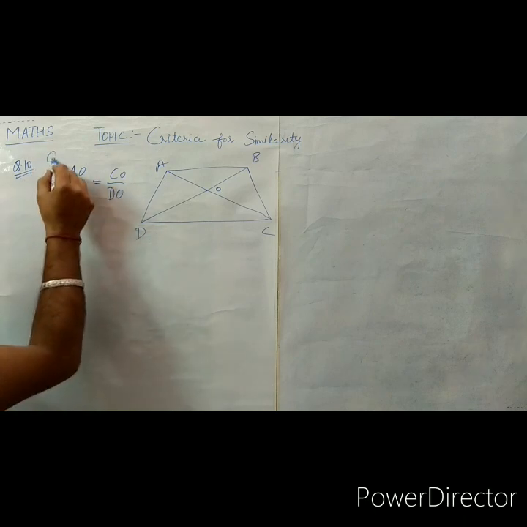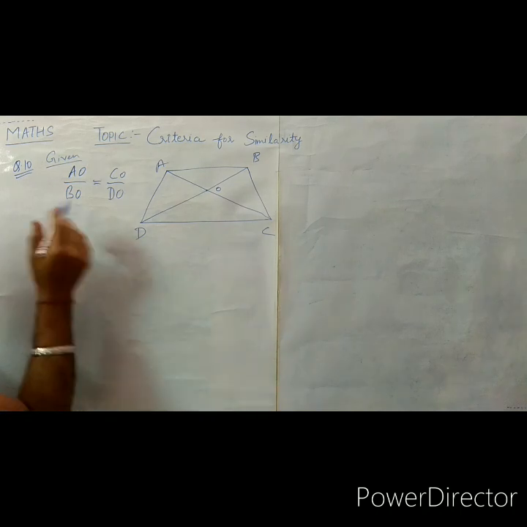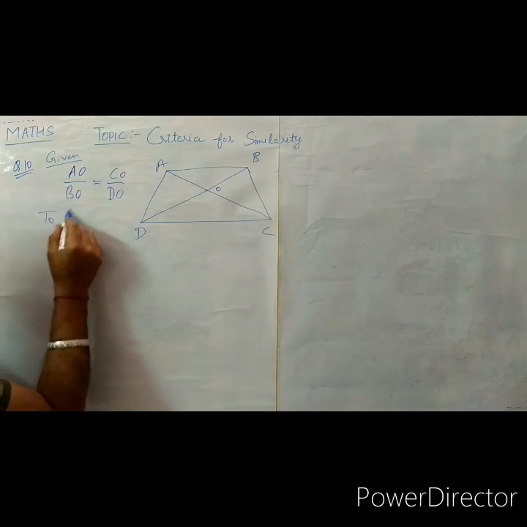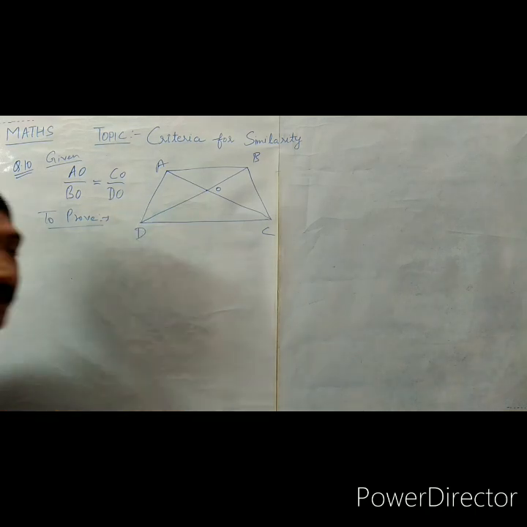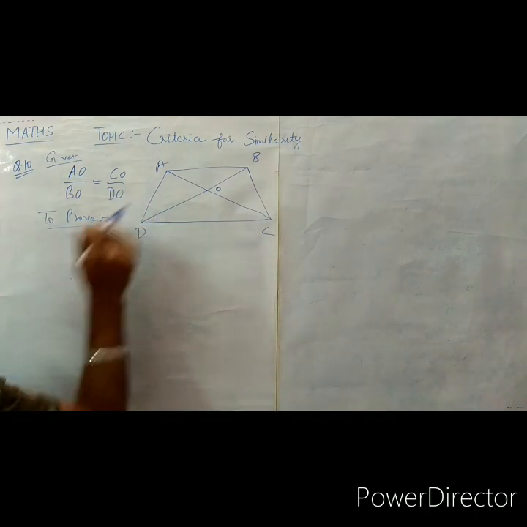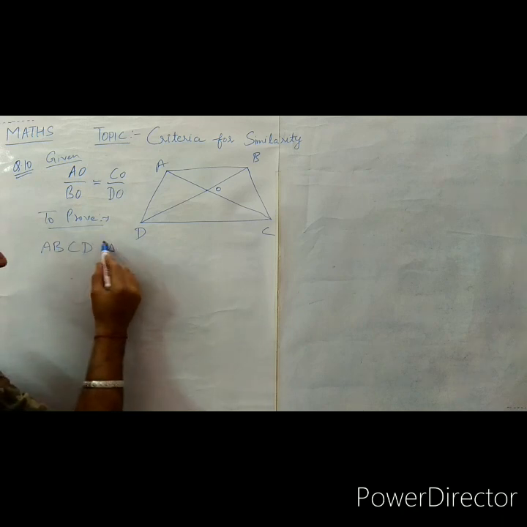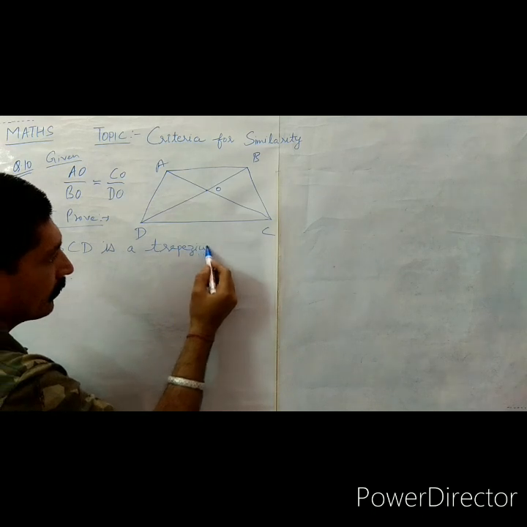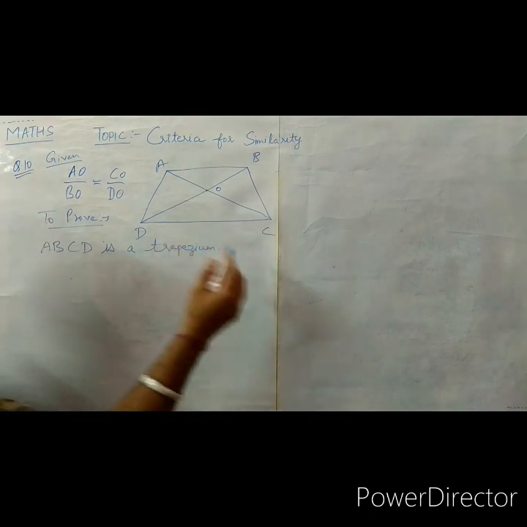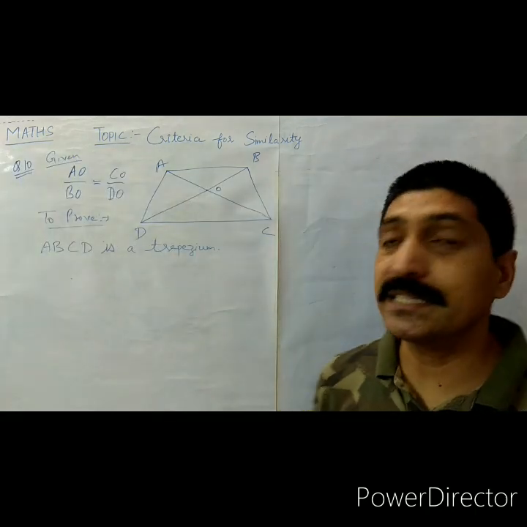It is given. Here ABCD is a quadrilateral, and to prove, we have already solved question number 9. So to prove that ABCD is a trapezium,